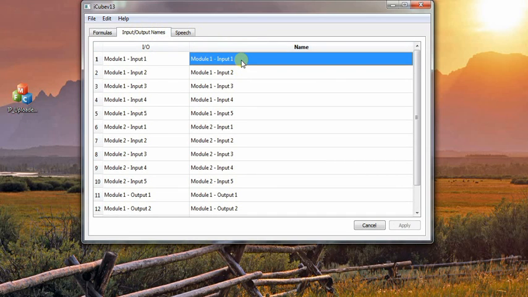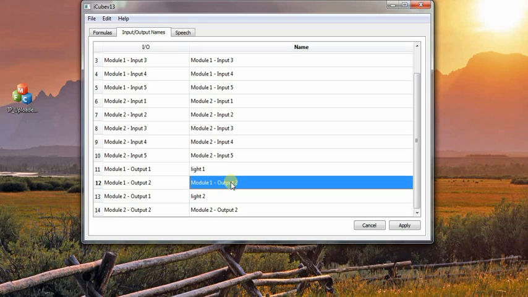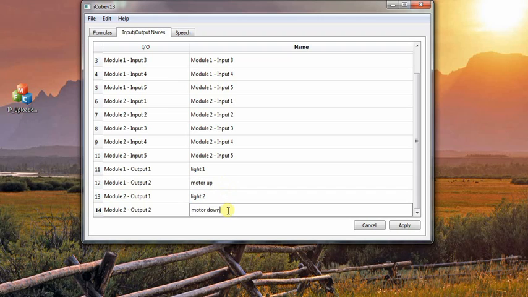So the main input we're going to be looking at is going to be the train presence. So we'll make that input 1 here, call that presence. And the main outputs we're going to be controlling will be the 2 lights. So there's light 1 and light 2. And we'll also have the motor up and motor down for the guardrails at the crossing. So now we've got our inputs and outputs set up, and we can apply those settings and go back to